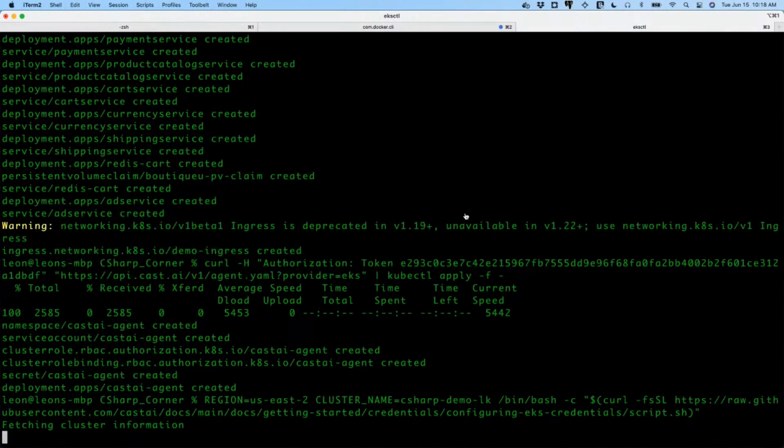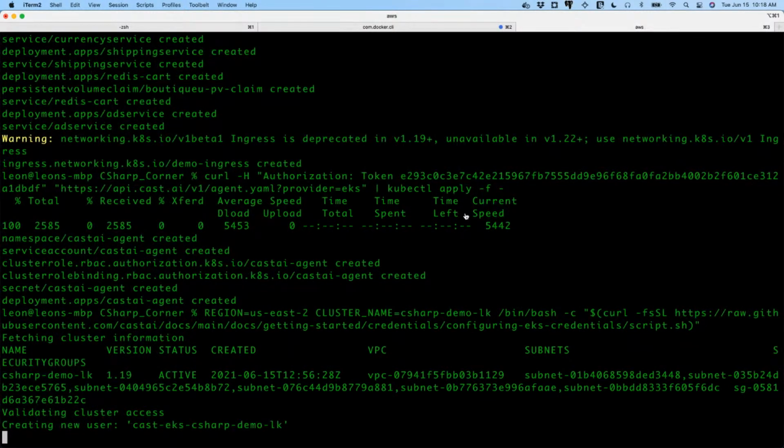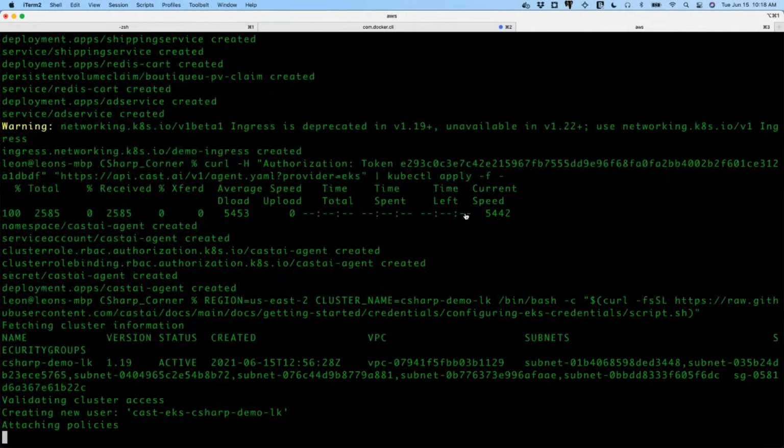So what will this do? It's going to create a role. It's going to make sure that my current access key has all of the valid access to touch the EKS cluster. It's then going to create a very specific user, and I'm going to flash this and then delete it very quickly afterwards, with very specific policies that will only be scoped to the VPC and the cluster that we're considering.